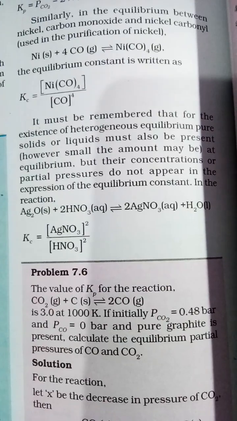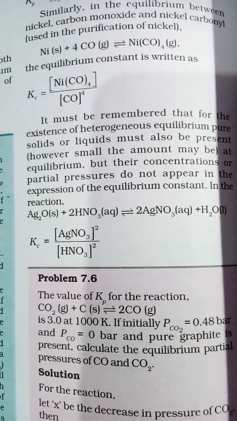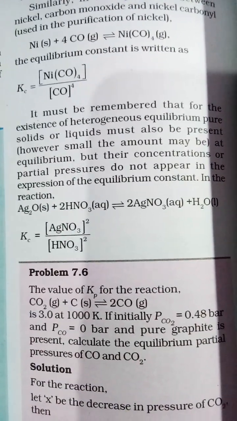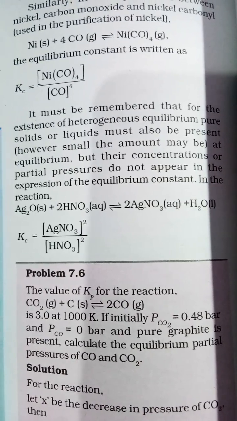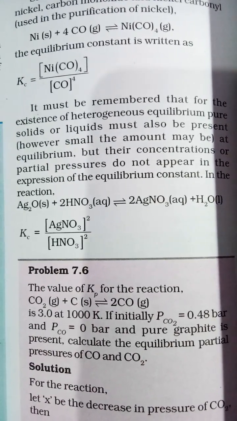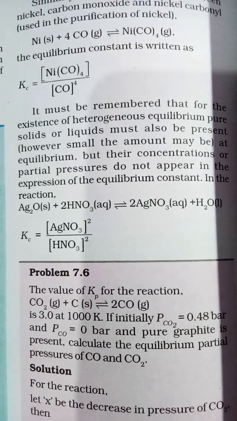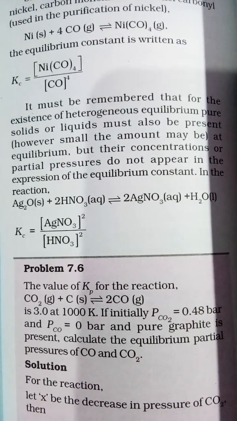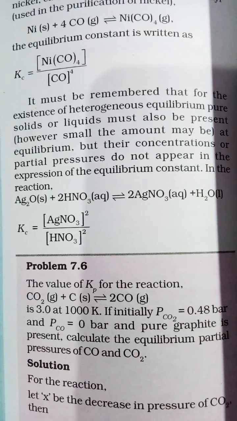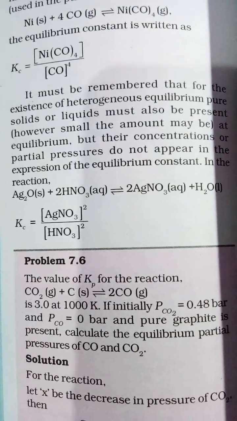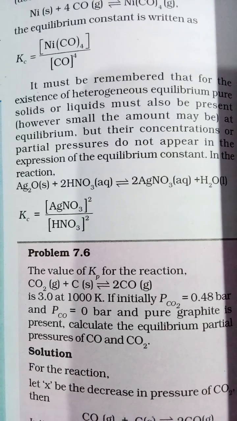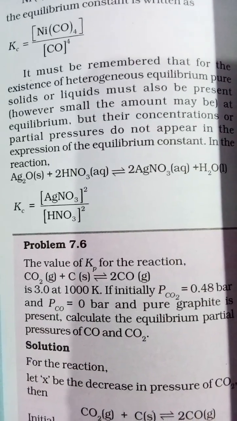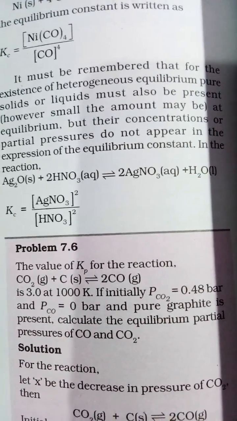It must be remembered that for the existence of heterogeneous equilibrium, pure solids or liquids must also be present, however small their amount may be at equilibrium, but their concentrations or partial pressures do not appear in the expression of the equilibrium constant. In the reaction Ag2O solid plus 2HNO3 aqueous gives 2AgNO3 aqueous and H2O liquid,